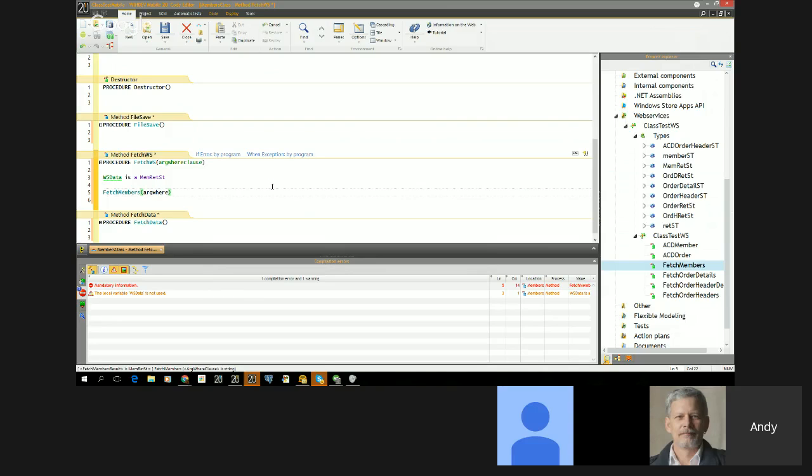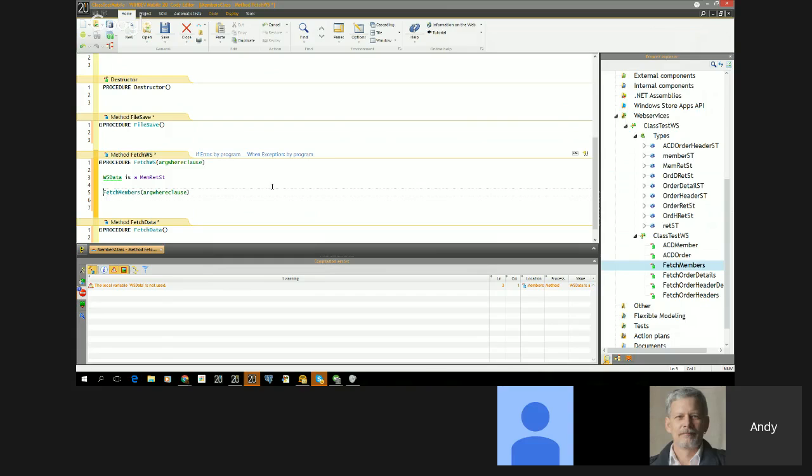If you remember right, on our members, we send the where clause, and we just add it to the end of the statement and make sure that we're not doing anything wrong. But we got to return the data. So we're going to do a WS data equals